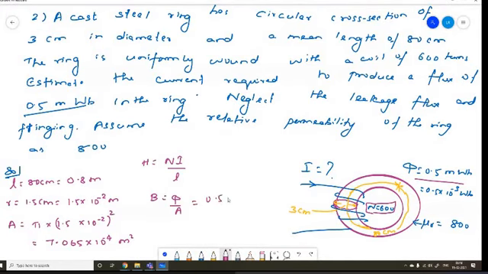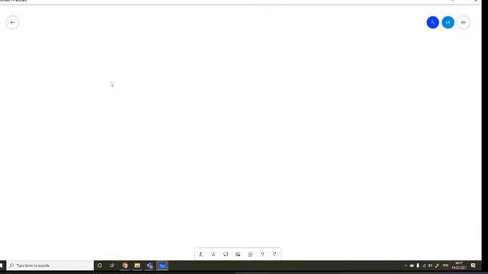So this is 0.5 milliweber, it is given, and the area of cross section is obtained to be 7.065 into 10 to the power minus 4. So this will be 0.7077 Tesla. So when B is known, very easy to find H. So H is equal to B by mu, so that is 0.7077 divided by